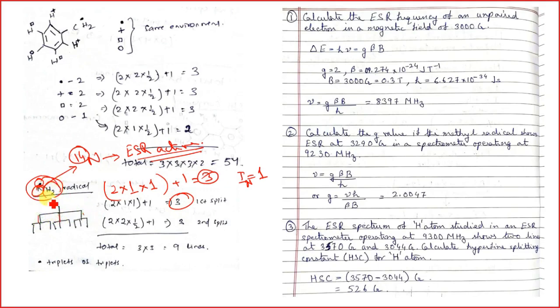Now the hydrogen will come. You have 2 hydrogens, so we will get 3 splittings. Each of these nitrogen splittings will again be broken down into 3 splittings. So in total, 3 from the nitrogen and 3 from the hydrogen, we will get a total of 9 splittings in the case of the NH2 radical.